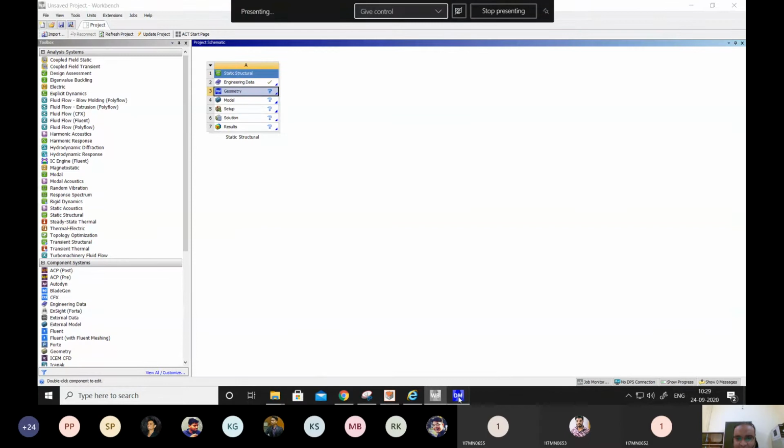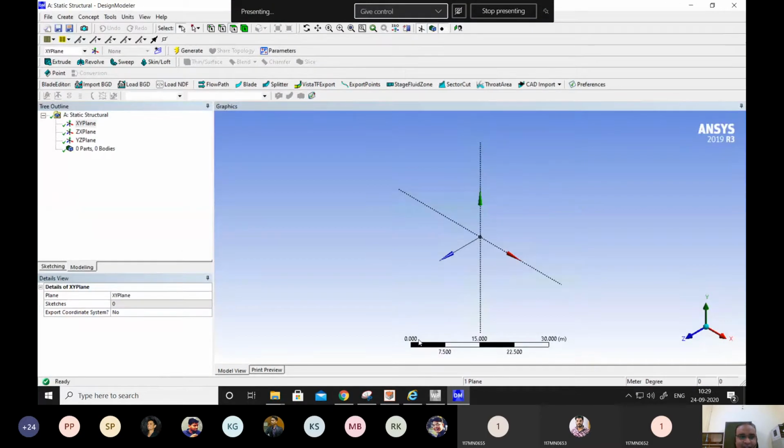So we have opened this geometry. Now the easy thing is, if you have some experience in CAD designing, that will be more intuitive to you if you want to design those. Otherwise, for geometries, it is easy to just use one plane. So we can use the X and Y plane to draw our geometries. And these geometries can be converted into three-dimensional figures. I'll show you how to do that.